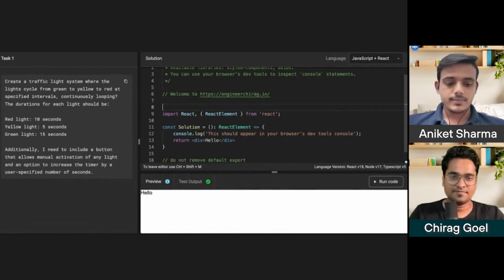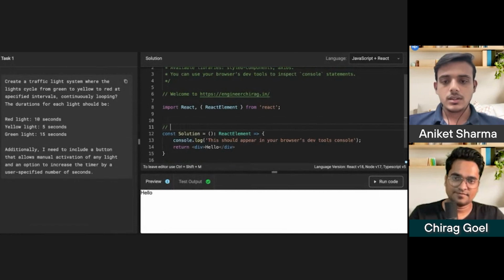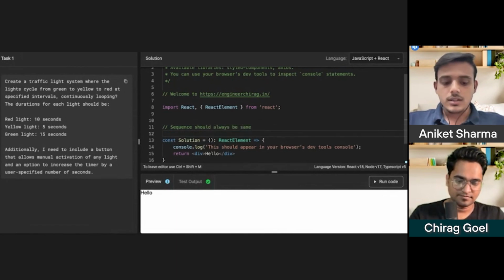Okay. Let me write the notes first. So sequence should always be the same. We need to loop it infinitely.